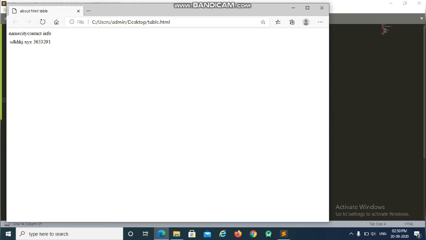Yes, this is how it appears in the browser. So if you want to add padding to separate the content from one another, we have the editing session that